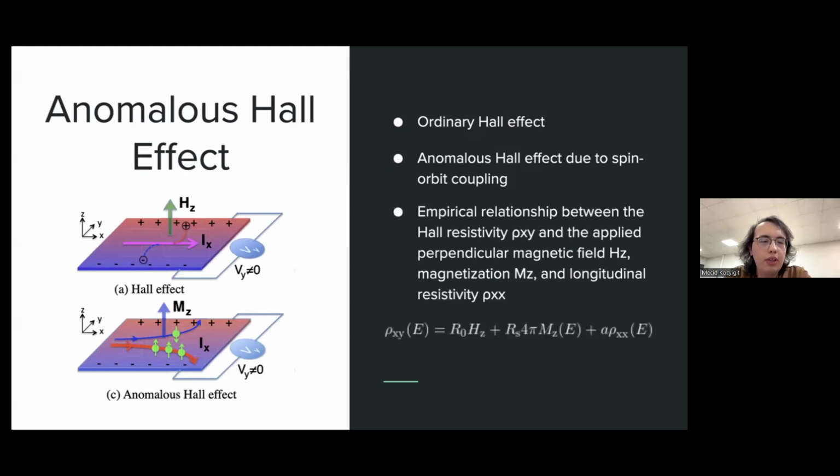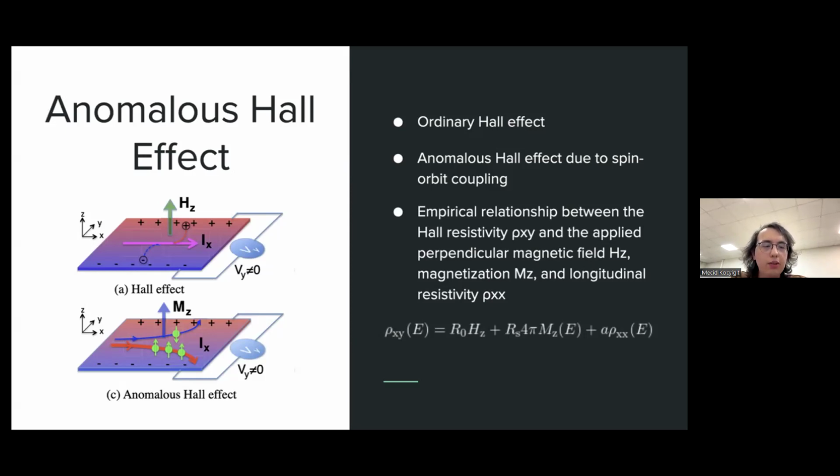The applied electric fields generate the ferroelastic strains and further tune the magnetization and resistivity of the magnetic layers. The paper's authors suggested an empirical relationship between the Hall resistivity and other constants, where E is the applied electric field across our substrate, and the constants R0, Rs, and A are the coefficients for the ordinary Hall effect, R0, and anomalous Hall effect, Rs, and this longitudinal resistivity,